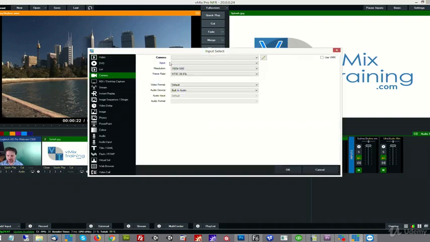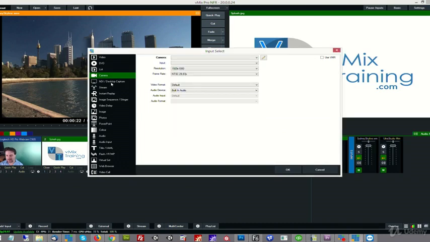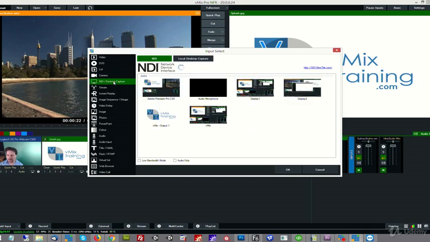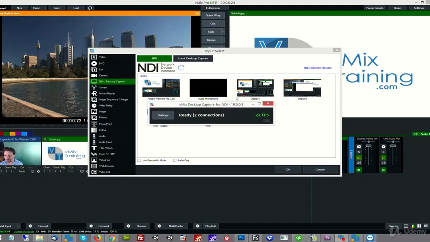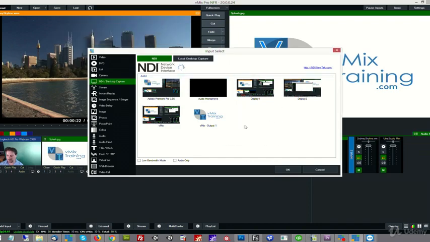All devices come in through this dialog. NDI and desktop capture is an extremely important one. Any system that's putting out NDI on your network video can show up here, as well as vMix's desktop capture application. So this is that one that I mentioned during installation. When we run vMix desktop capture for NDI, it will look on the system and it will make every input that's available show up here